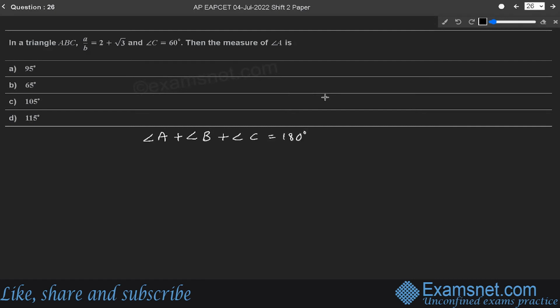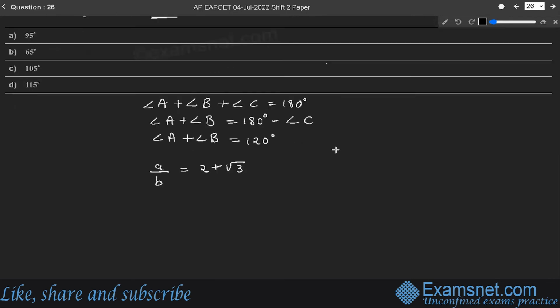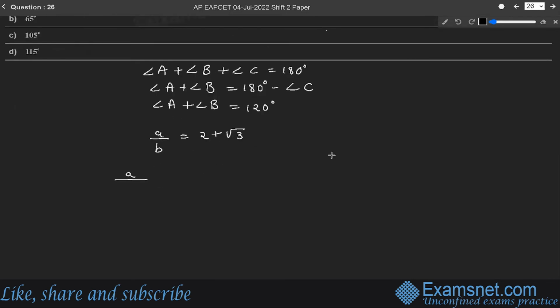We know the measure of angle C. So we can write angle A plus angle B is equal to 180 degree minus angle C. Therefore, angle A plus angle B will be equal to 180 degree minus 60 degree because angle C is 60. So this will be 120 degree. Now it is given that a by b is equal to 2 plus under root of 3. Now we have to use the sine rule here. By using the sine rule, a by sine A is equal to b by sine B is equal to c